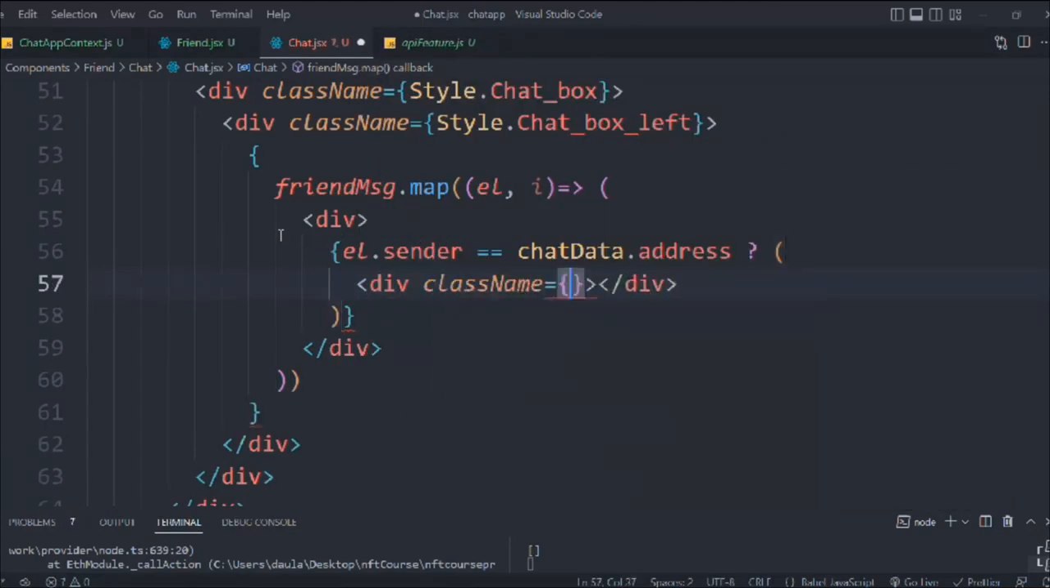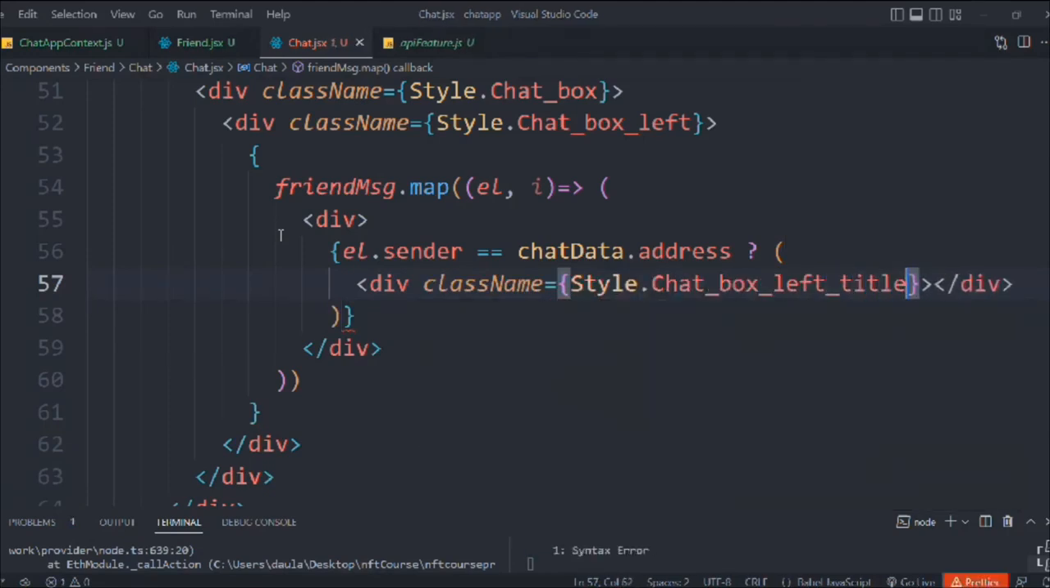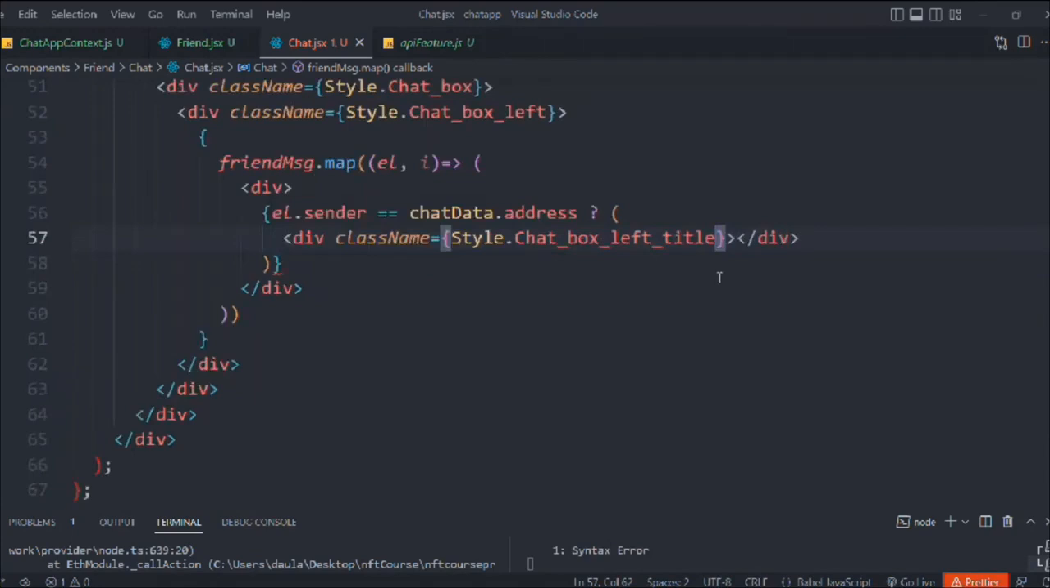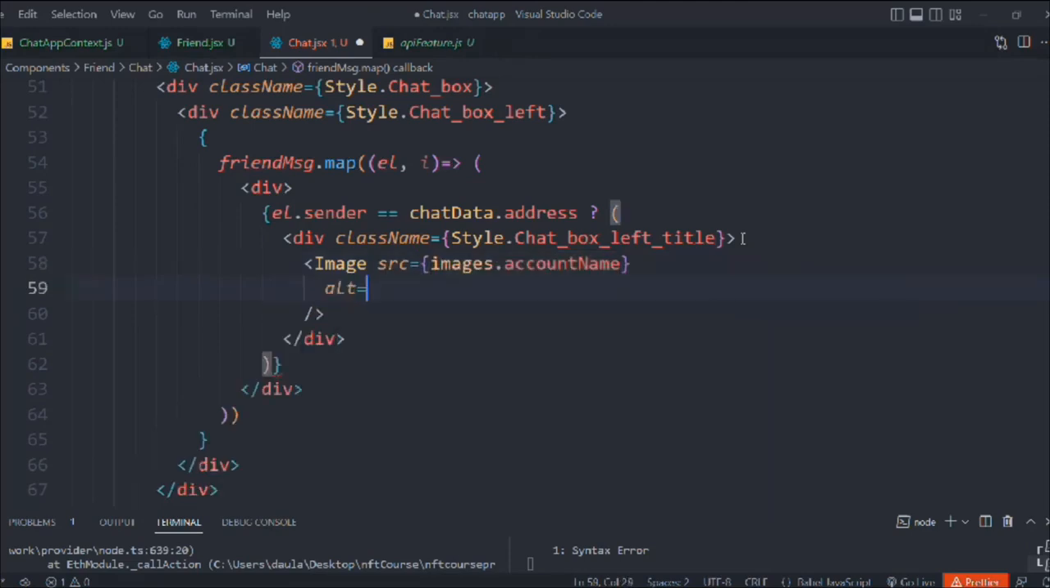So class style chat box left title. Okay, and let's bring this down, and in that we're going to take this image, provide the source of the image, username, alt tag, width and the height,